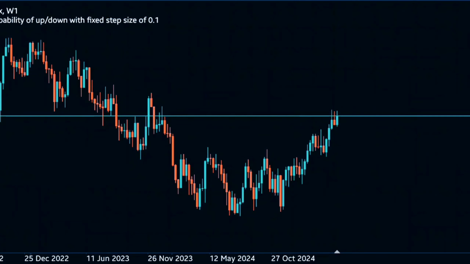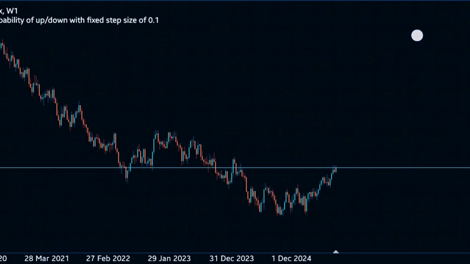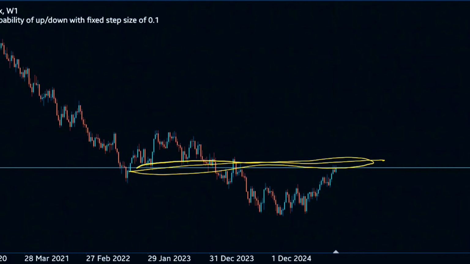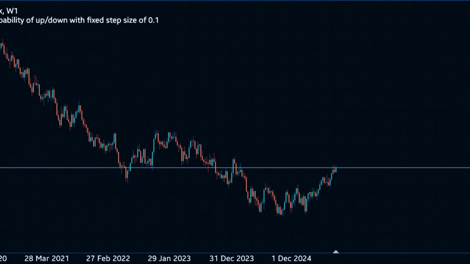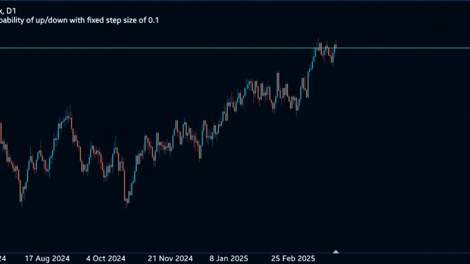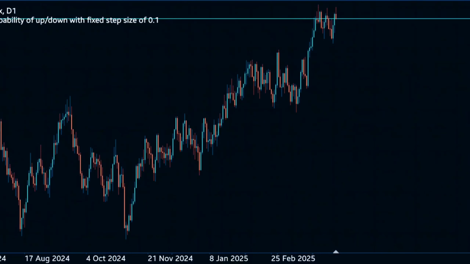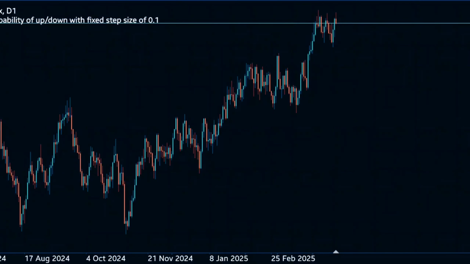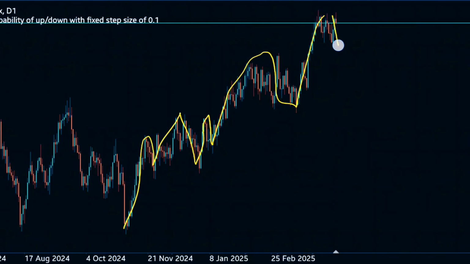And if you look back, if I try to zoom out, you see we are currently in a resistance area. That's where we currently are, at the resistance area on the weekly. But anyway, that's on that. Let's go to the daily. So what's going on the daily? As you can see, I believe it's crystal clear that we are in a bullish trend. I mean, even a 5-year-old will tell you that we're in a bullish trend.